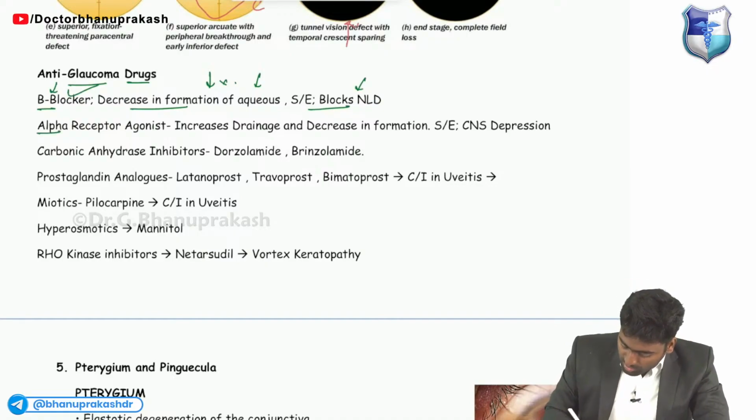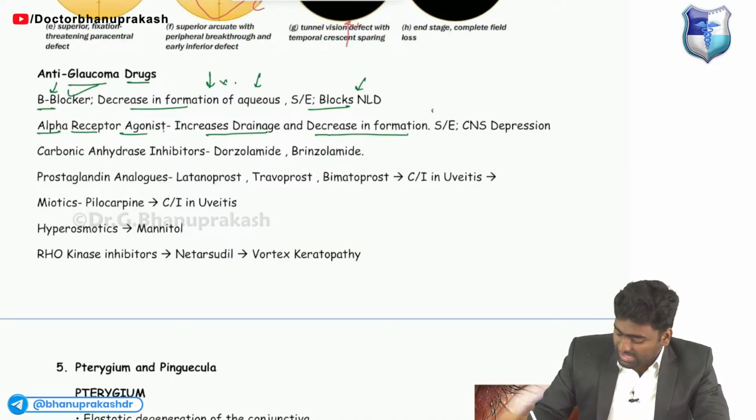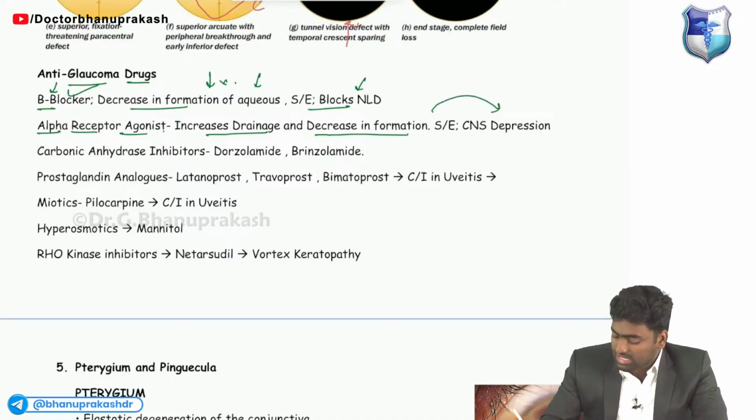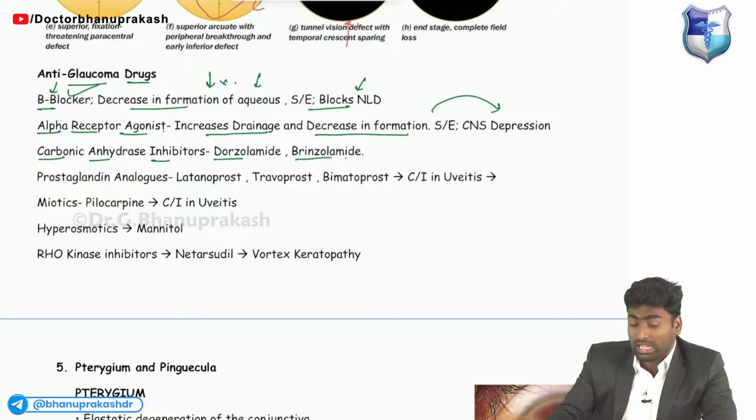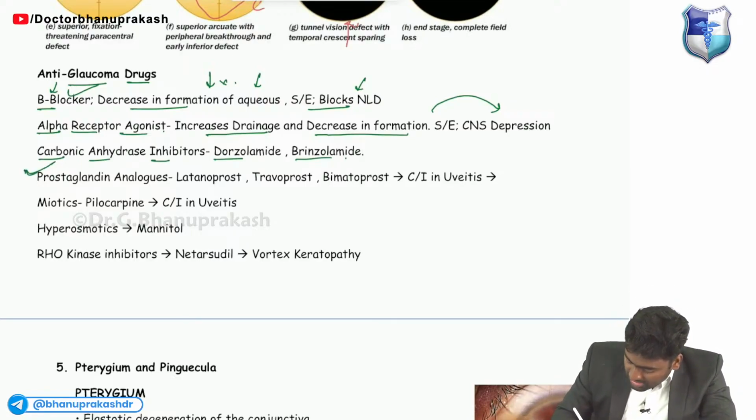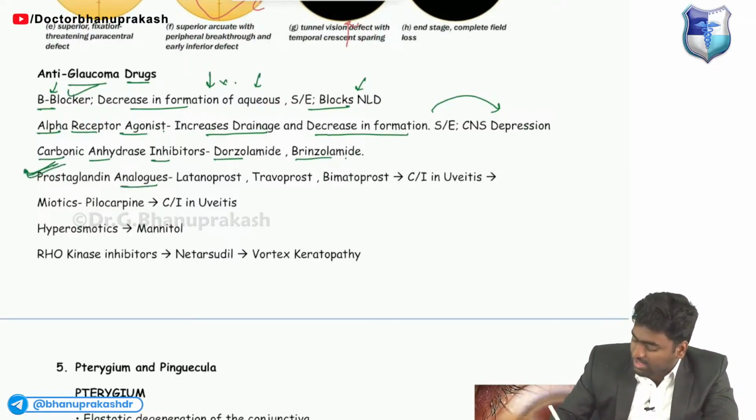Fine. And there is one more drug, the alpha receptor agonist. It increases the drainage as well and decreases the formation. But a side effect of it is CNS depression. Next are the carbonic anhydrase inhibitors like dorzolamide and brinzolamide. And the most commonly used drugs are the prostaglandin analogs, which are latanoprost, travoprost, and